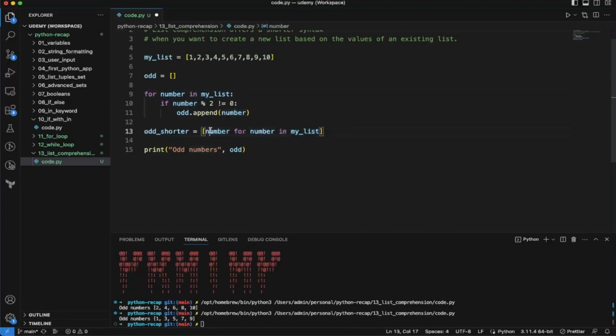So we're extracting this number out here, and then we can have another condition here. If number % 2 not equal to 0. Okay, so if you see this code, we can see that we have an expression, we have this iteration, and then we have a condition. So we have all these things in the same line. Okay, so let's run the code again. Let's say odd numbers, and let's say here odd shorter, and let's say here shorter. And if we run this code again, we should see the same output,